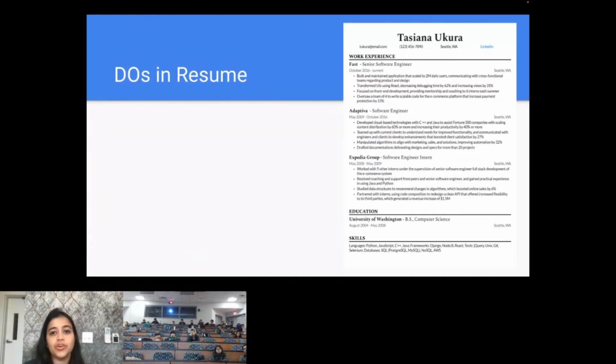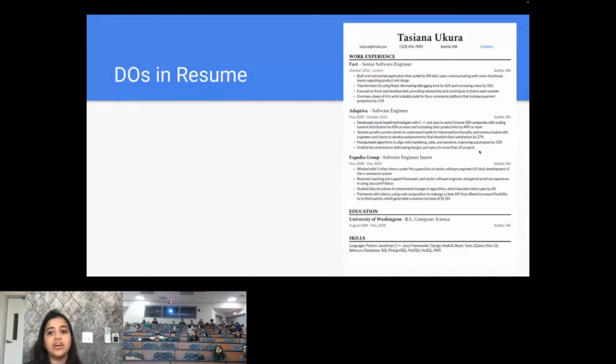So let me tell you what a good resume looks like. I think this is a really good resume because the font is very readable and it has all the things that I want to see. I want to see the education, where this person has studied. I want to see what their work experience has been and their skills. And for new grads, I would suggest you have a separate section for projects, because not everyone has work experience, so you should have a separate section over here saying the projects that you have been working on.